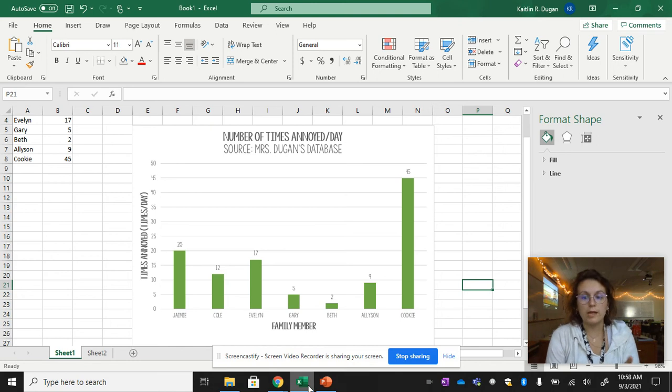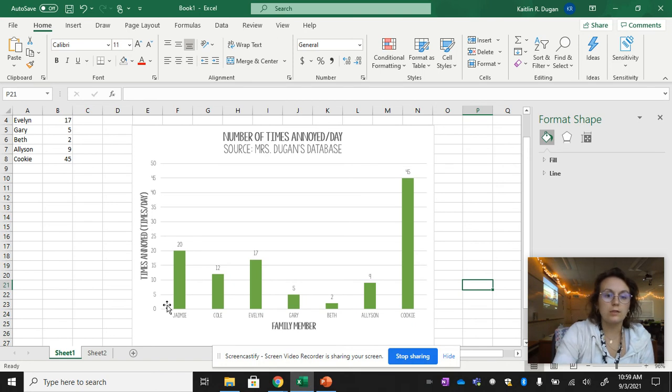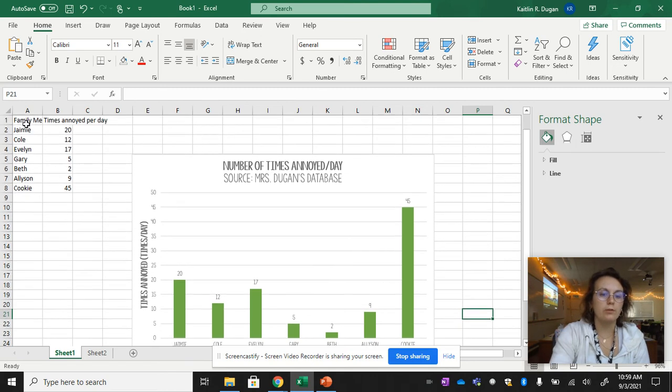So if you see on the screen, I have a bar graph that's titled Numbers of Times Annoyed Per Day. Now, I personally have collected data on how many times my family members have annoyed me throughout the day. As you can see on the far left side, we have the family members, and then we have the number of times annoyed per day. Now, we could look at the data table and interpret it that way, but it's much easier to